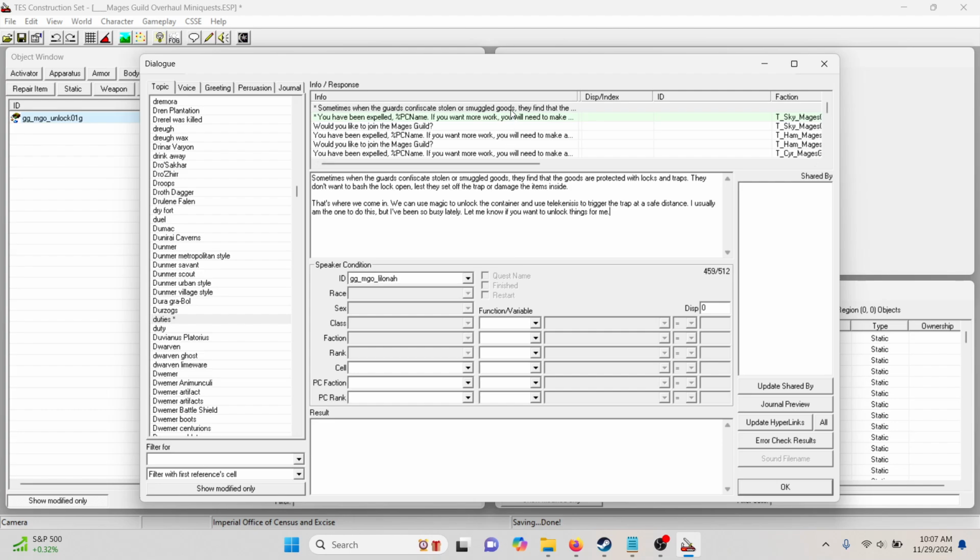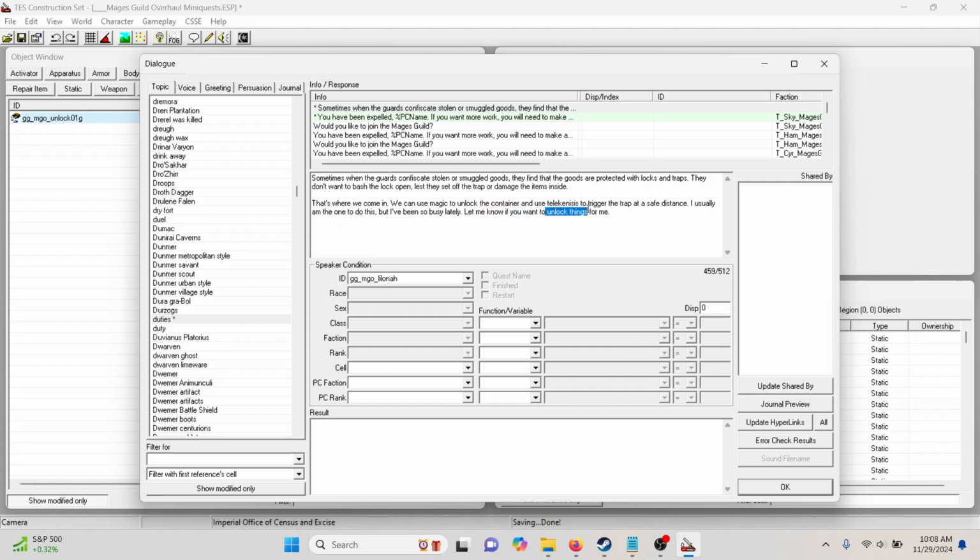Once we have more quests implemented, once all of them are implemented, we're going to have it so that once all of the journal entries are complete, then she says something else. But in the meantime, since we're only working on the first one, this is good enough. So now